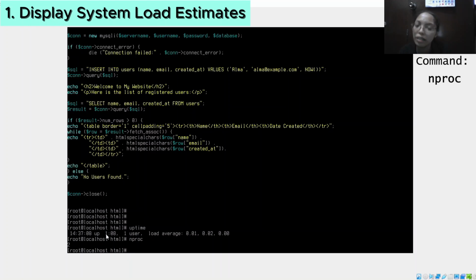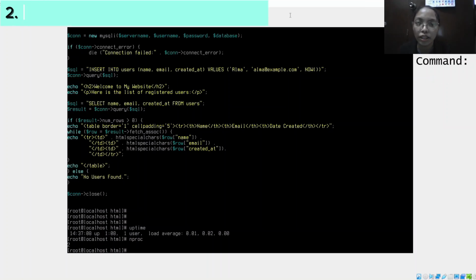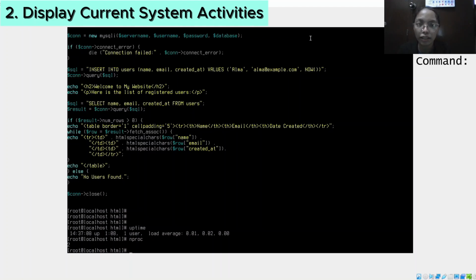However, let's say that the load averages were 3 or 4.2 and 3.5. So this would actually signal an overloaded system that needs immediate attention. To put it simply, this comparison helps determine if the server is under normal load or experiencing strain that could lead to performance issues. So let's proceed to the next step, which is to display the current system activities and